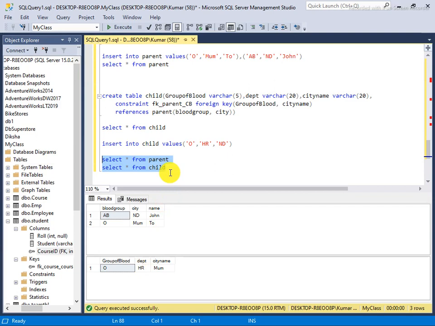Any confusion here? Any query? Yeah, it may be.